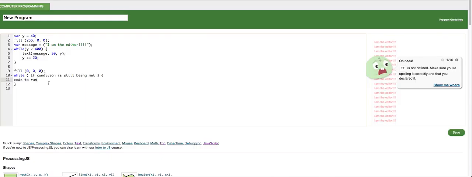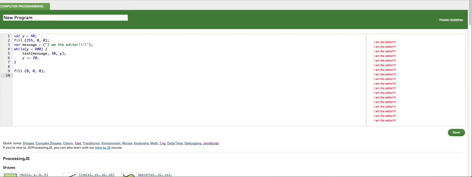Anyway, so yeah, if the code is running, then that means the condition is still being met, meaning that this is still running, the code inside. So we're gonna, how's the fill there? Anyway,